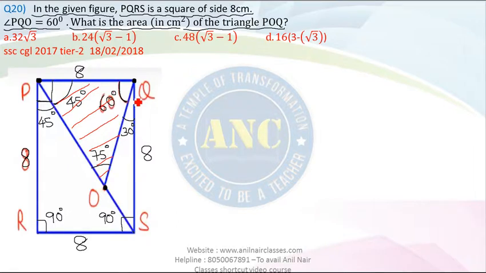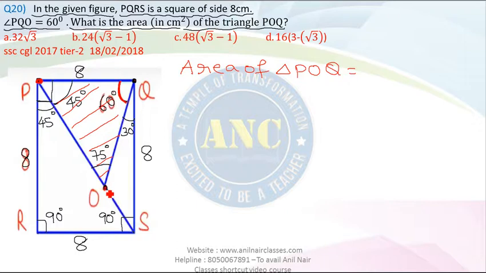Now see here, sir. Very easy logic. First of all, what are they asking? Area of triangle POQ. This is nothing but, first of all, can I say that I know all the three angles of that triangle? Similarly, I know one of the sides of the triangle. I don't know the other two sides, right? What I will do is, I know that this particular angle is 60 degrees, right? This particular angle is 60 degrees. Opposite to 60,